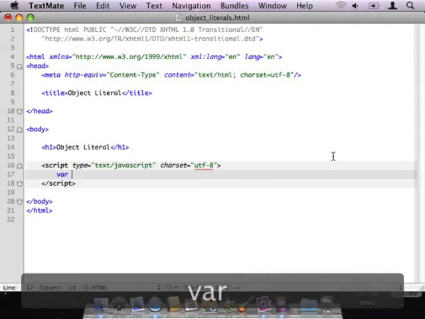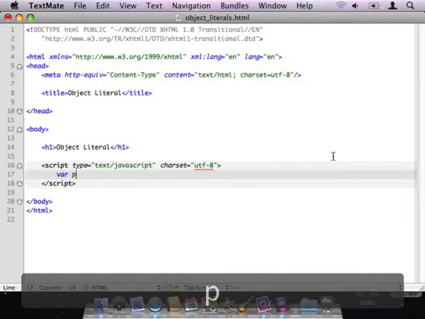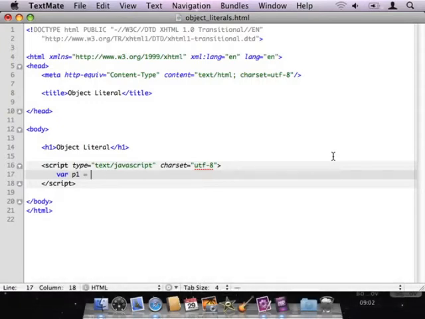I'm going to create a variable, and let's say that what we're going to do is we want to be able to store a person's first and last name together quickly and easily in an object literal. So I'm going to create a variable to hold this object. I'm going to call it p1 for person 1, and then what I'm actually going to assign to it